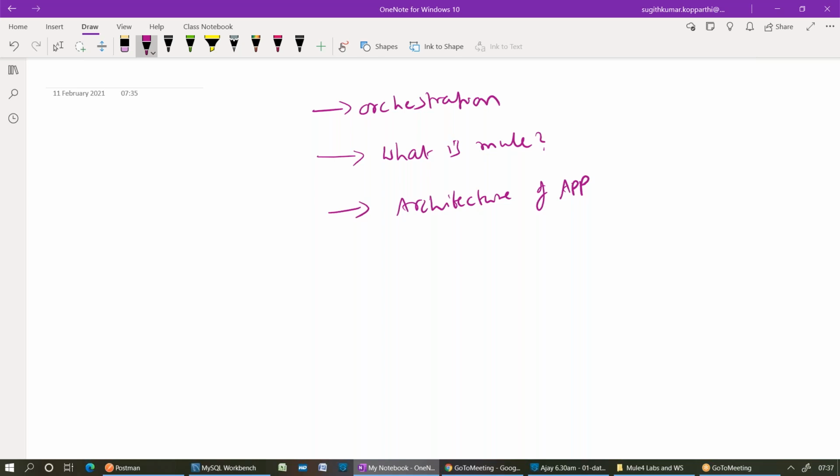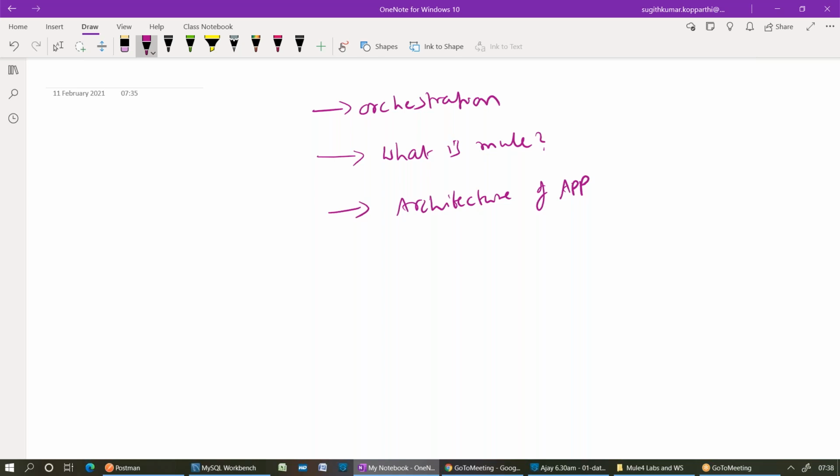Can you please tell me the statement now? What is a Mule application? How many XMLs can you create? N number of XMLs. How many flows? N number of flows. What is the hierarchy? It's a set of XMLs, and each XML contains a number of flows, and each flow contains orchestration logic.